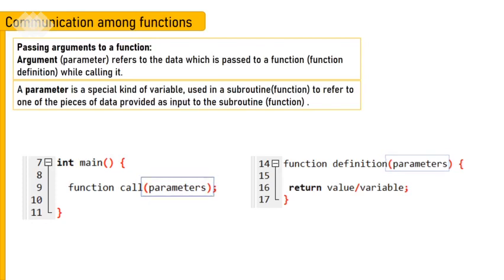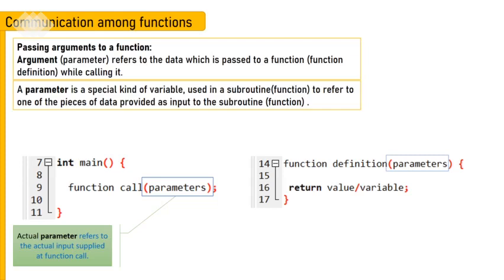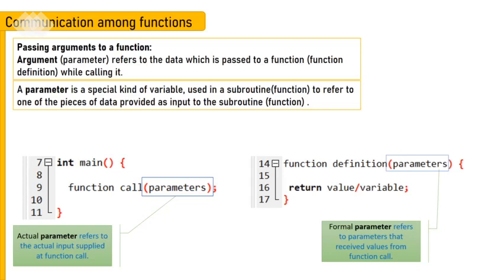For parameters in the function call, we call them actual parameters. So it is the actual input supplied at the function call. Meanwhile, parameters in the function definition parentheses are known as formal parameters, which receive values